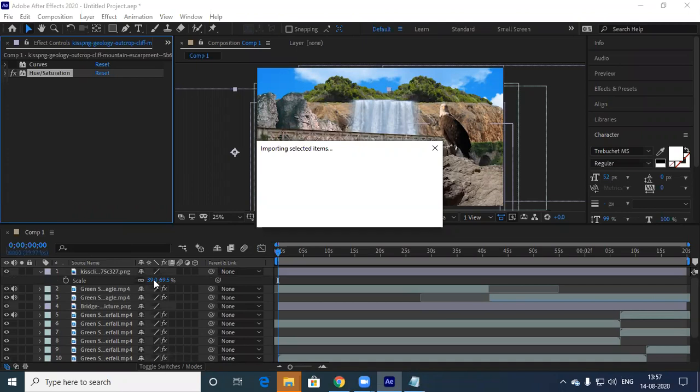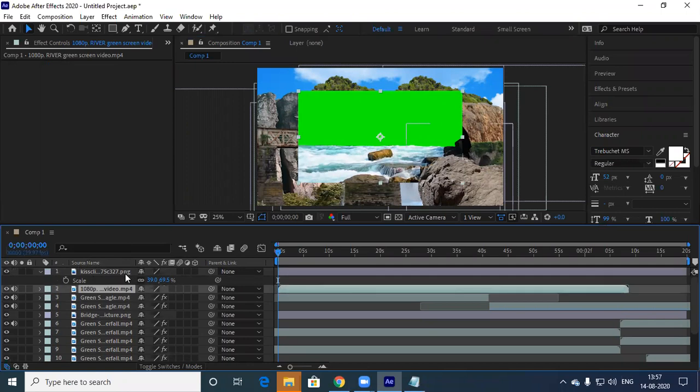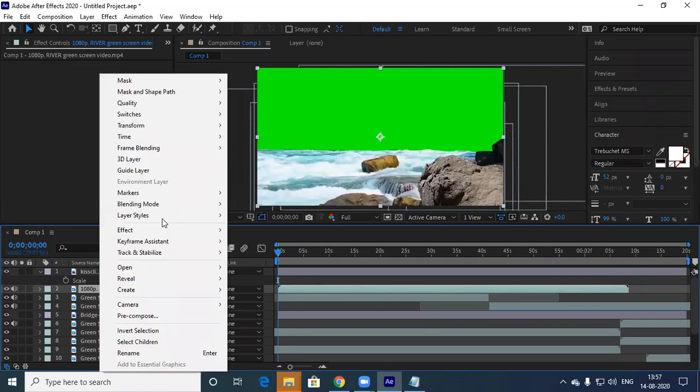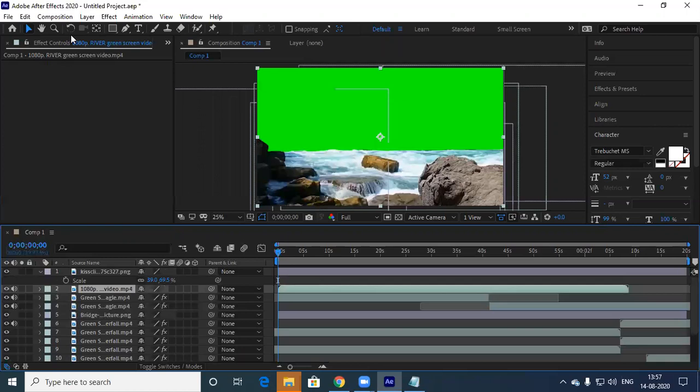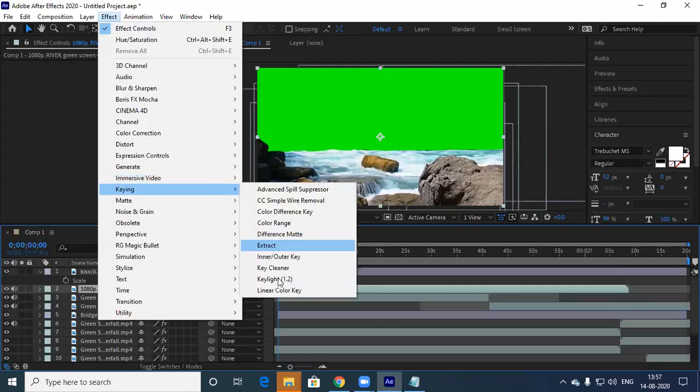Okay, yes. So here you have this rock, right? Just behind this you just place and Control Alt F and just transform or flip horizontal and effect keying key light.